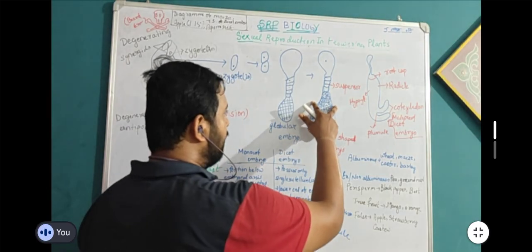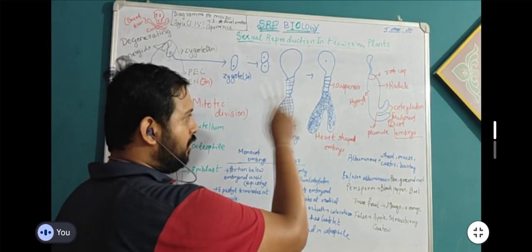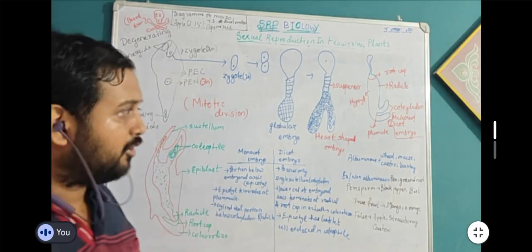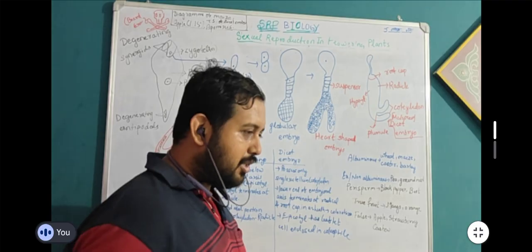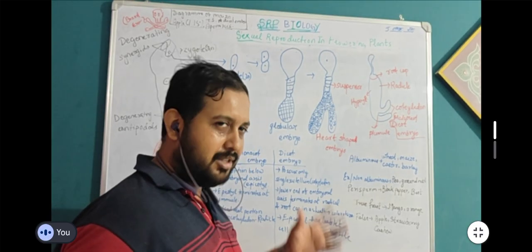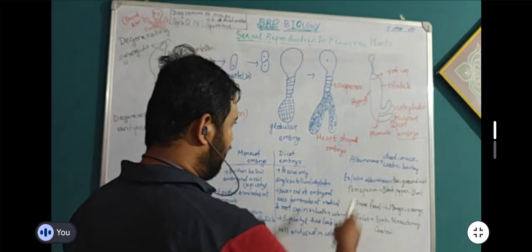Here the development of cotyledons also takes place. What are cotyledons? Cotyledons contain the nutrient part in the seed. So cotyledons start developing, and finally this is the structure of a